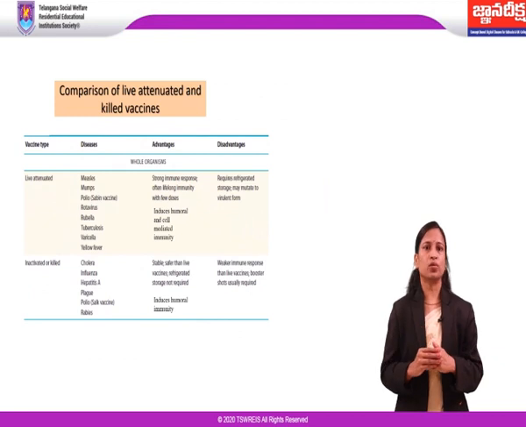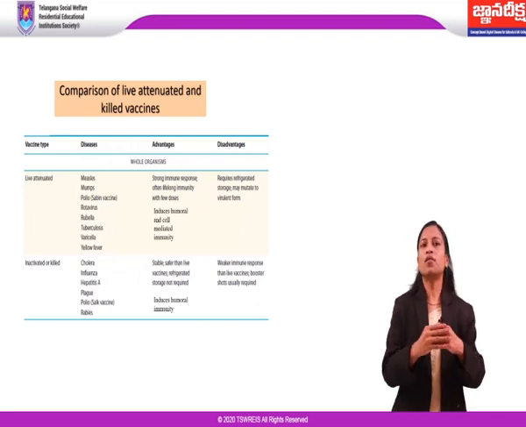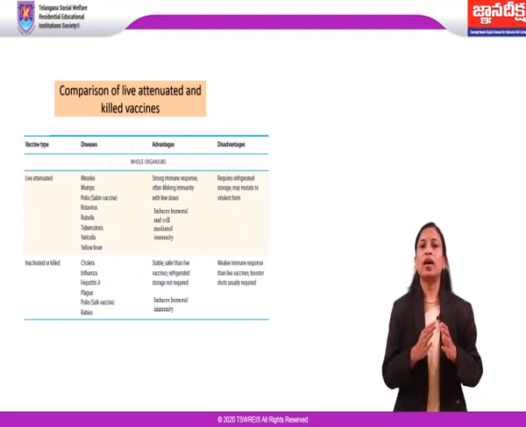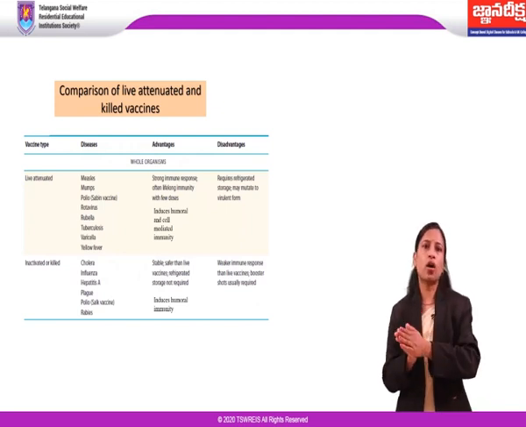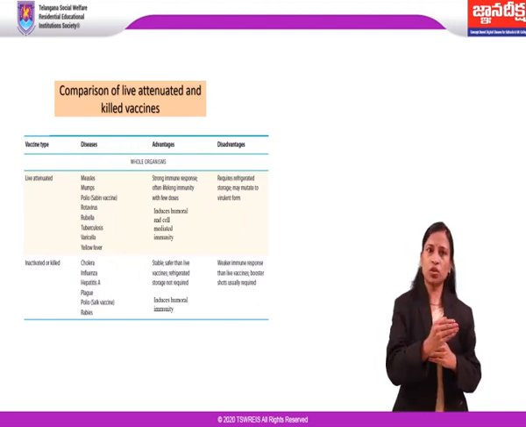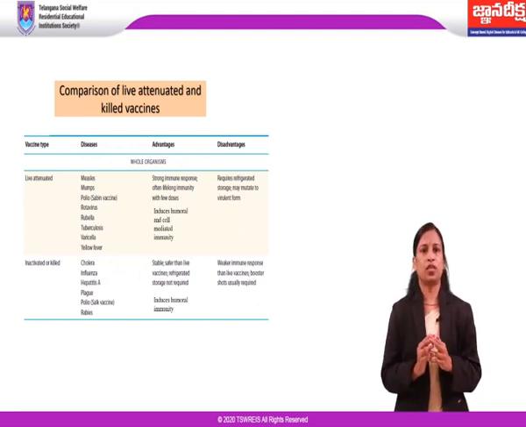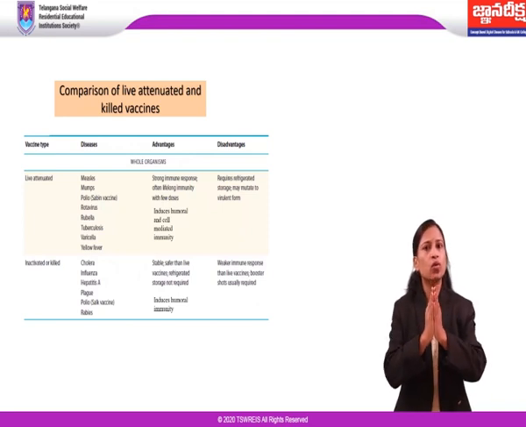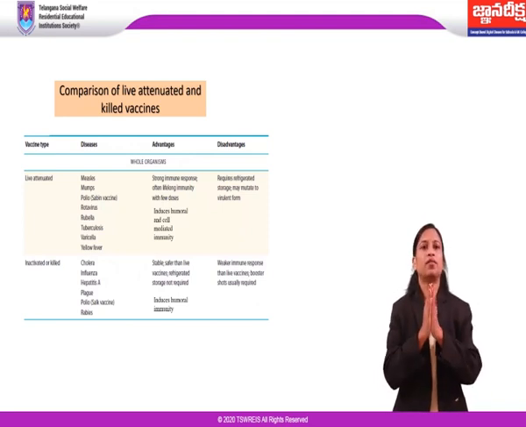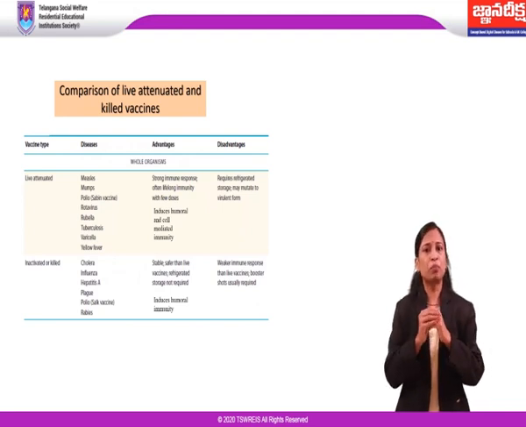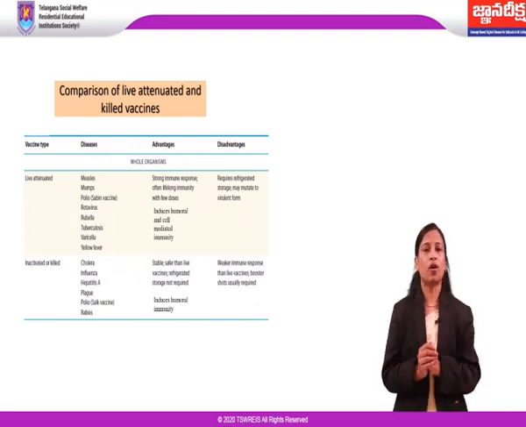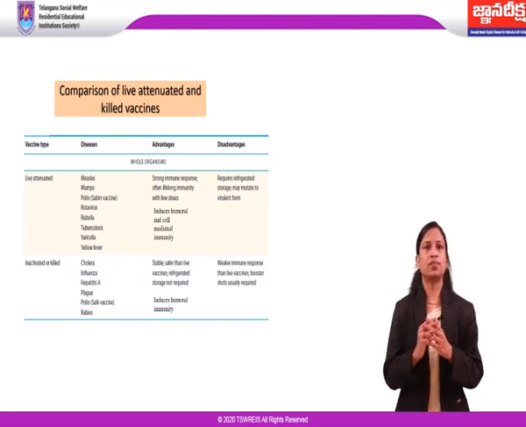Live attenuated vaccines generally require only one dose to induce long-lasting immunity, whereas killed vaccines often require repeated booster doses. Live attenuated vaccines elicit a strong immune response by inducing both humoral and cell-mediated immunity, while killed vaccines are less effective as they can only induce humoral immunity. However, killed vaccines are more stable and safe than live vaccines, as live forms may mutate and revert to virulent forms that result in disease.